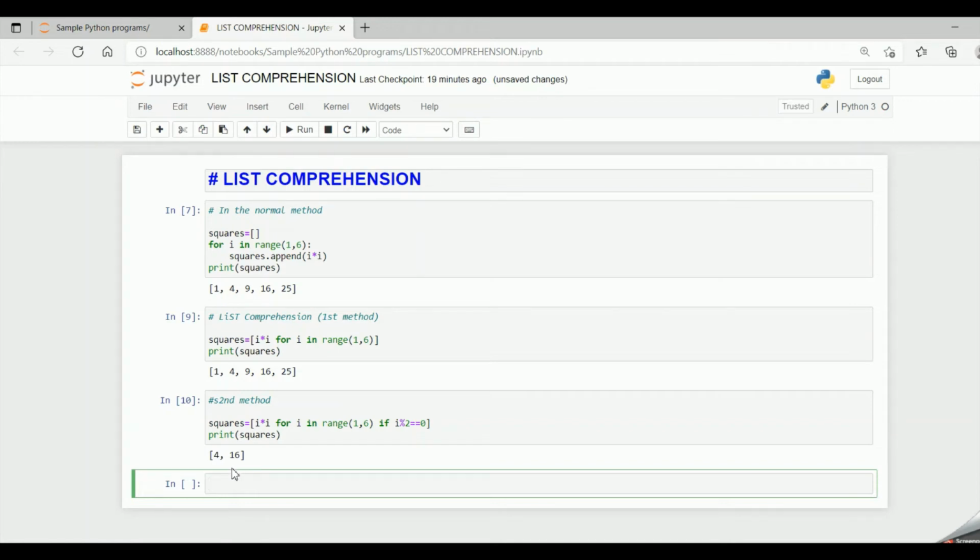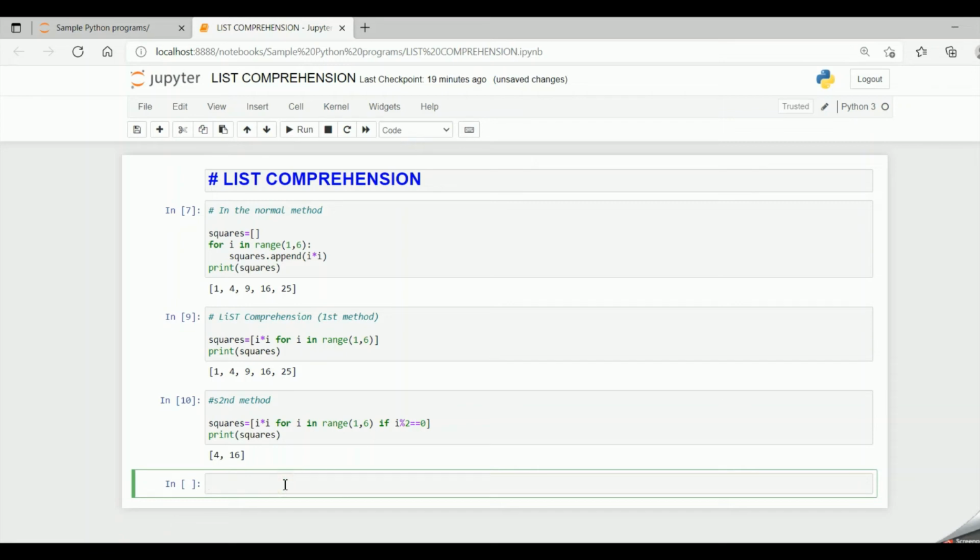So in this way we can eliminate the items in the list based on some condition, if condition. Initially we didn't have the if condition, so it executed for all the items in the range. Here we are specifying an if condition. Only if the if condition gets satisfied, then it will evaluate the expression. So here we have got the full list of all the items in the range. Here our items have been reduced because the if condition has not been satisfied. This is the second method, that is with the if condition.